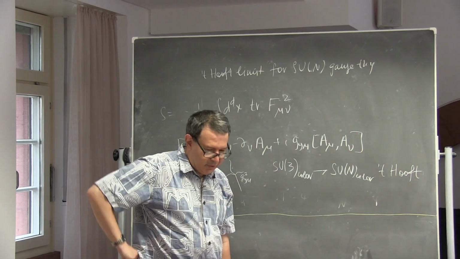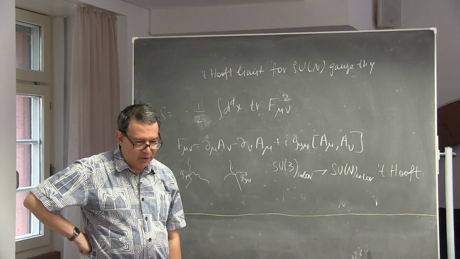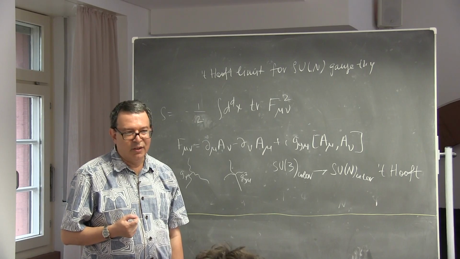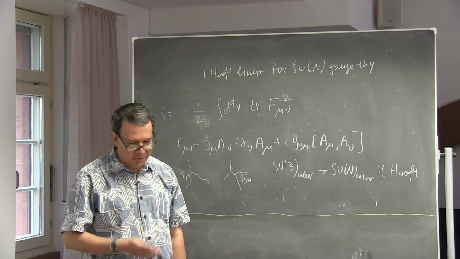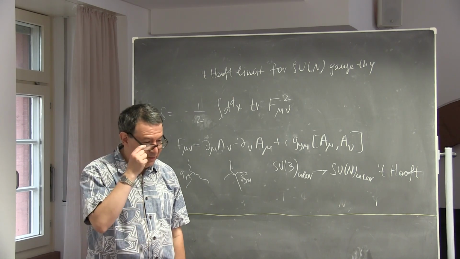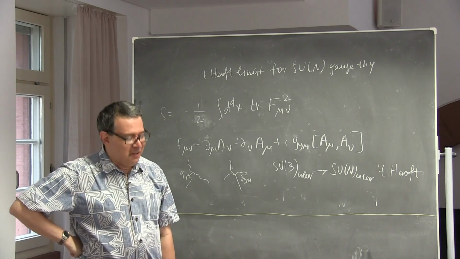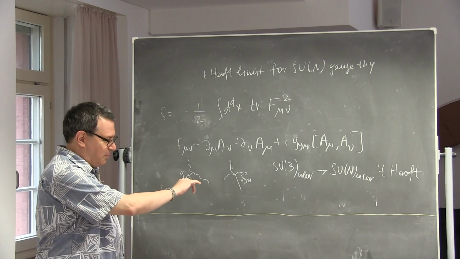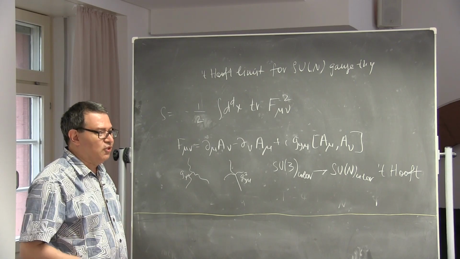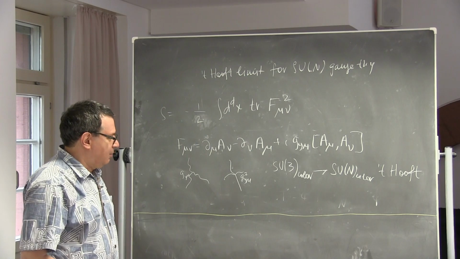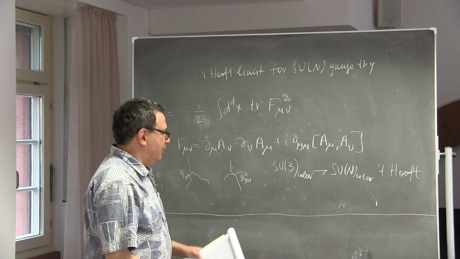Just in case you have doubts about large N, if you go on 't Hooft's list of publications, he won a Nobel Prize for papers on renormalizing the standard model and stuff like this. His highest cited paper is this paper on large N. So even though this has not been rewarded directly by any prize that I know of, it's an extremely influential idea. And basically he said, let's imagine taking the large N limit